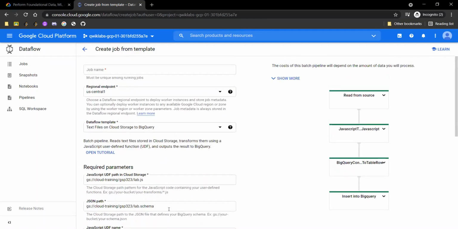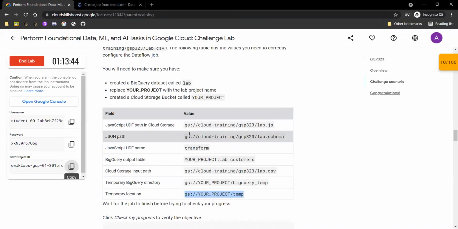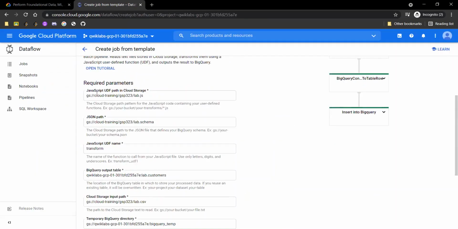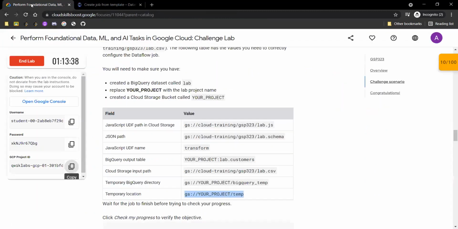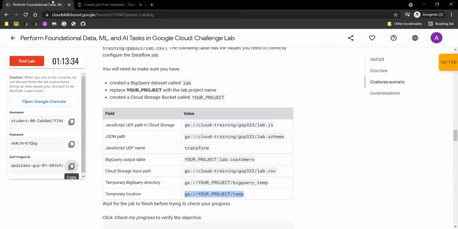Let's cross check if we haven't made any mistake. So this is our JavaScript UDF path in Cloud Storage, right? This is the JSON path, right? And the UDF name is transform.